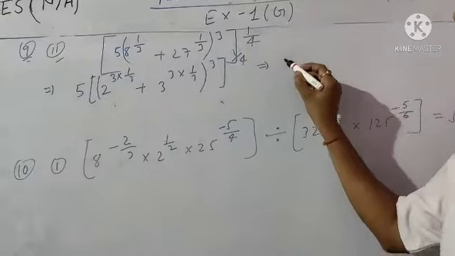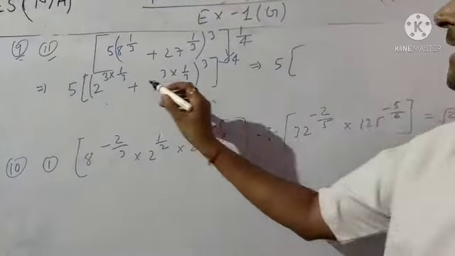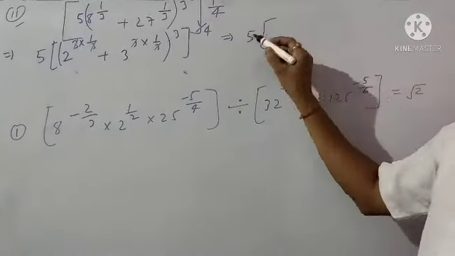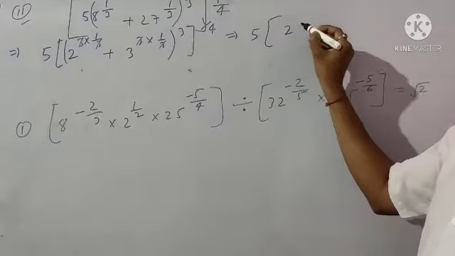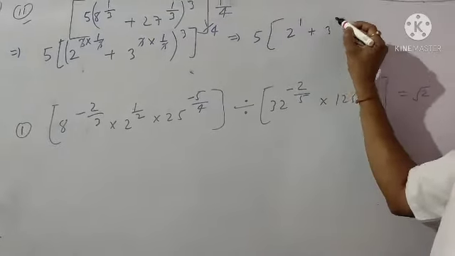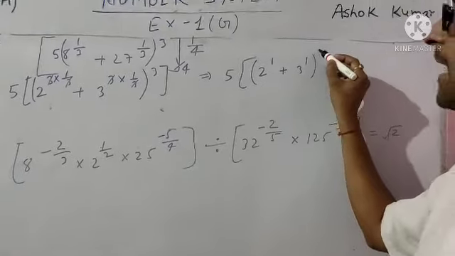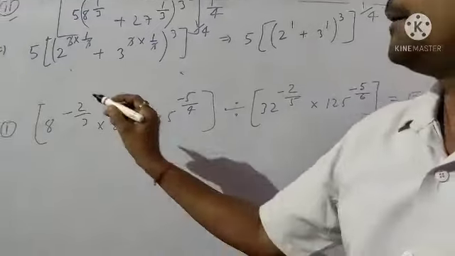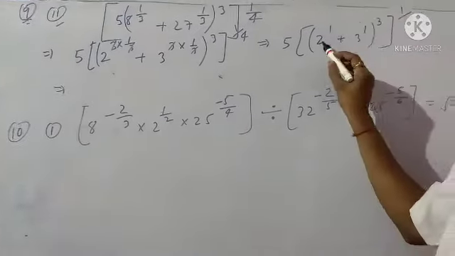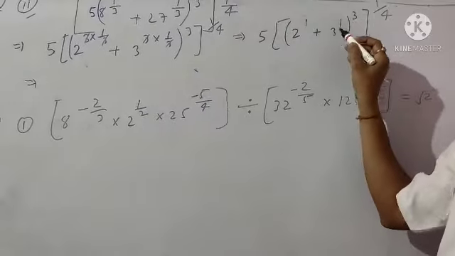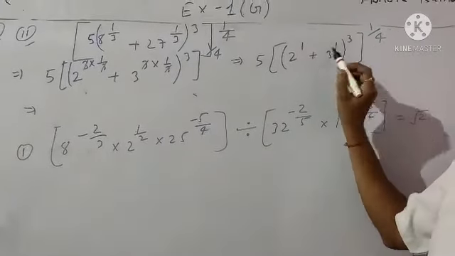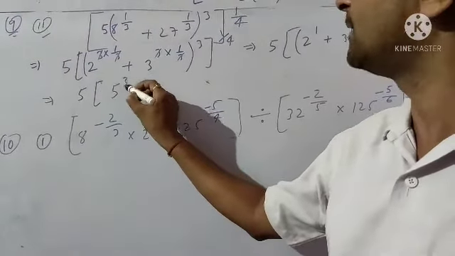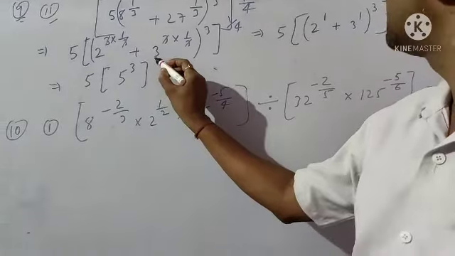Okay. The second step is 5. Here 3 and 3 are cancelled, and here 3 and 3 are cancelled. So 5, 2 का power 1 plus 3 का power 1, bracket close, then whole power is 3 and the complete power is 1 by 4. Okay, then here 2 plus 3: 2 का power 1 is 2 and 3 का power 1 is 3. So 2 plus 3 is equal to 5. So here student 5 bracket 5 का power cube and the whole power is